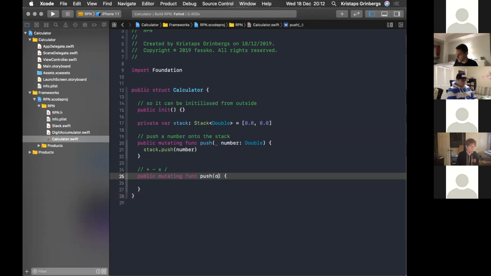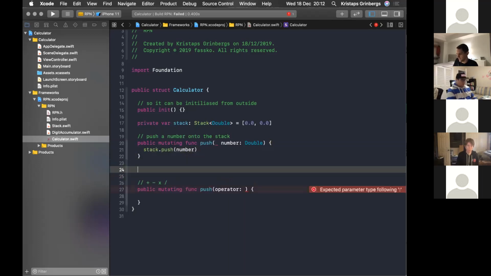It will be operator, and what type can we use here? Let's create a new type inside here. So it will be public enum, because we have multiple choices of operators. We cannot have multiple ones. We can choose only one. And again, if it's only one from something, it screams that it's enumeration. So operator,